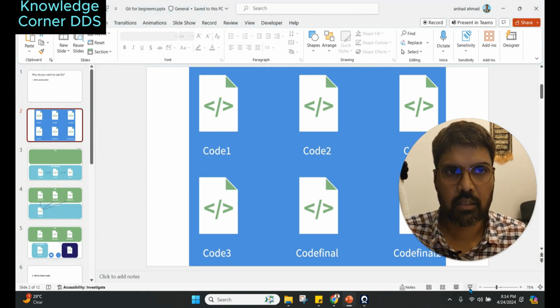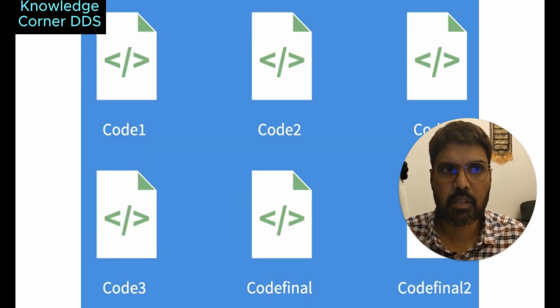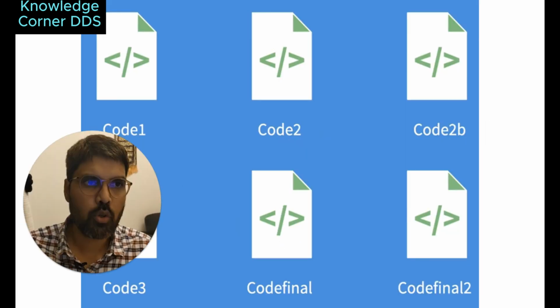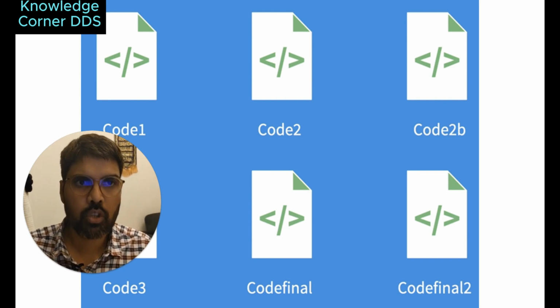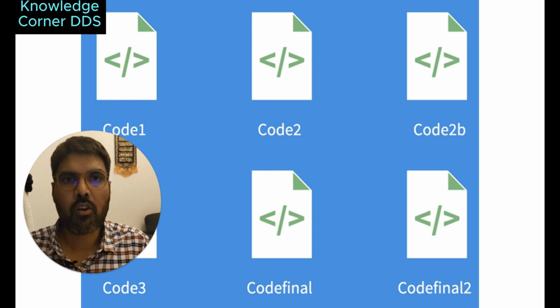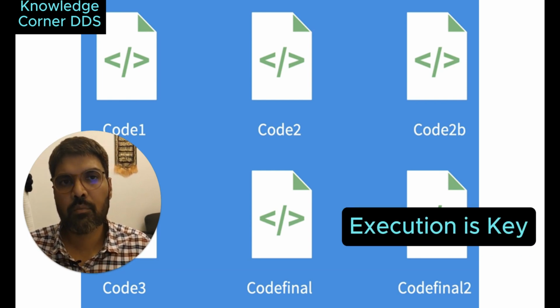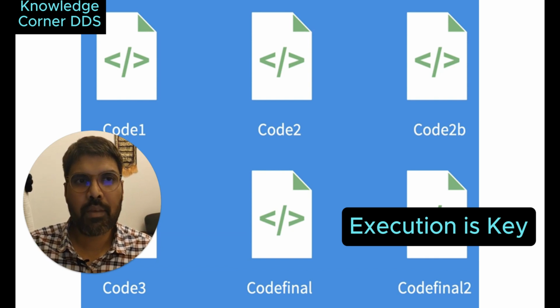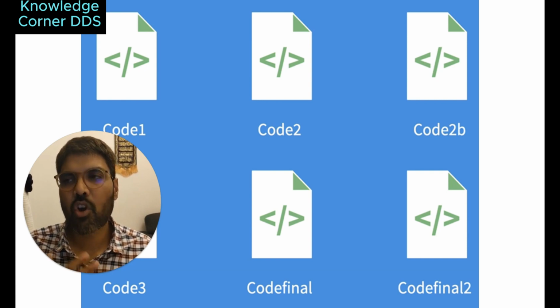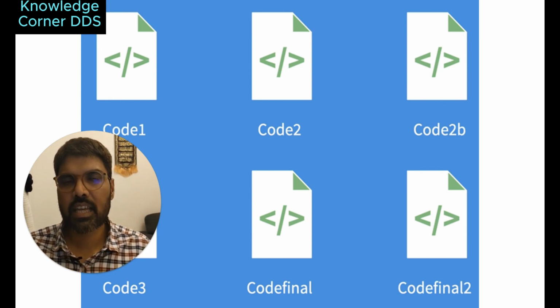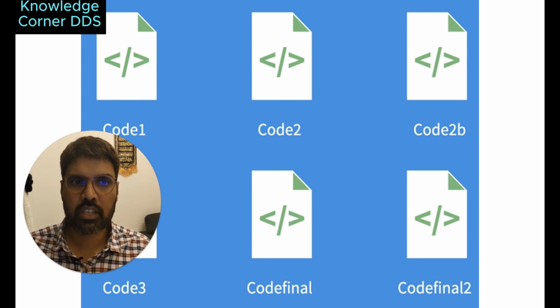Suppose you are coding, and this has been the case for most of us. You first have a file called code1, then the next day you have written some other part of the code, and you want to go back to code1 to make sure that nothing breaks, so you rename the file to code2. Then you make some changes, and then you do code2b. And when we have a lot of different versions of the same code, it becomes code3, code final, then code final 2. So you don't know exactly which file to refer to,